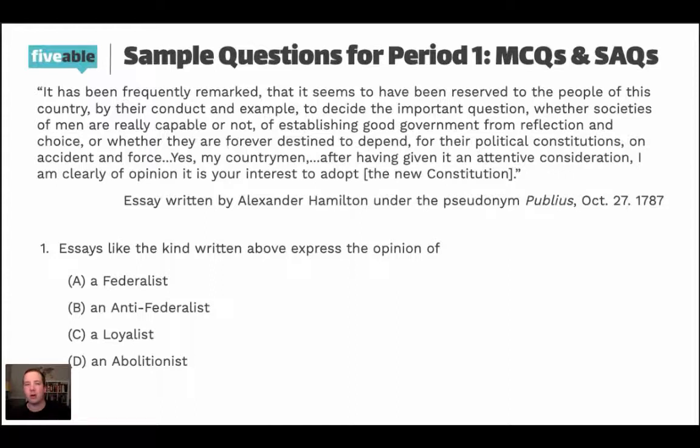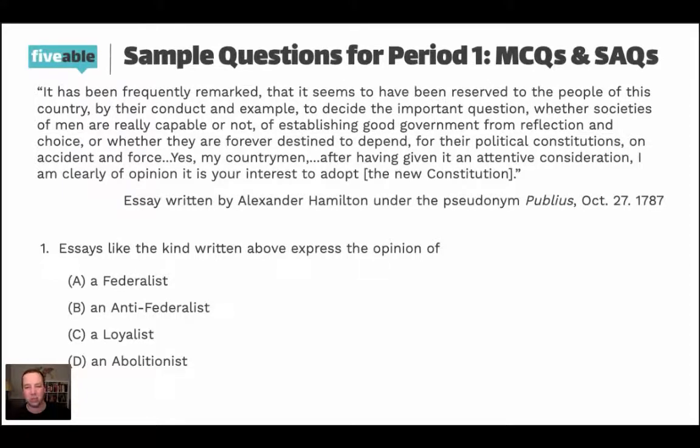It has been frequently remarked that it seems to have been reserved to the people of this country by their conduct and example to decide the important question whether societies of men are really capable or not of establishing good government from reflection and choice, and whether they are forever destined to depend for their political constitutions on accident and force. Yes, my countrymen, after having given it attentive consideration, I am clearly of opinion it is your interest to